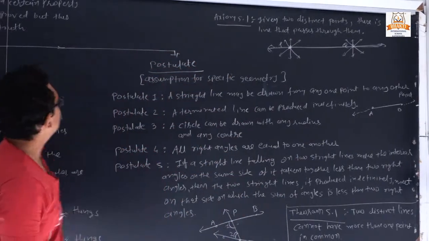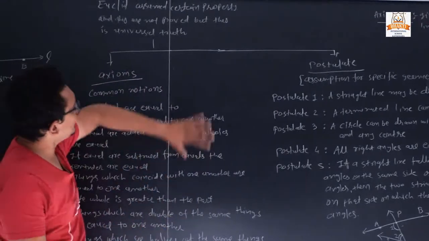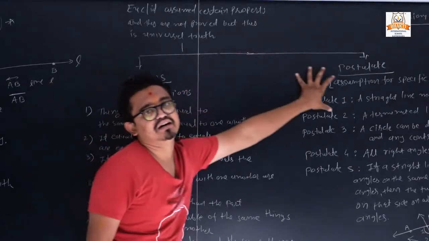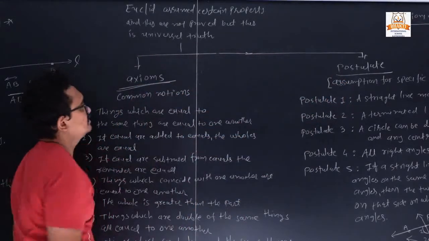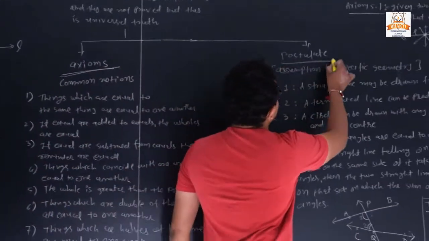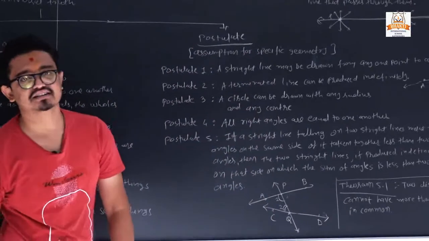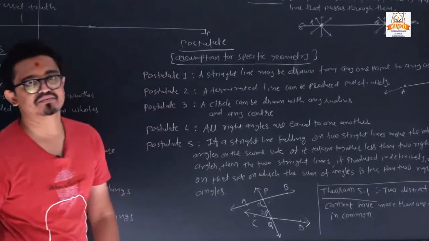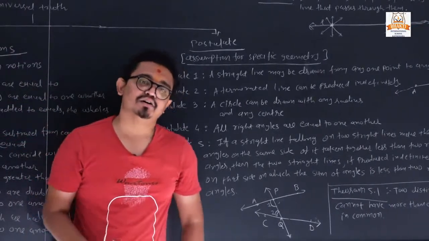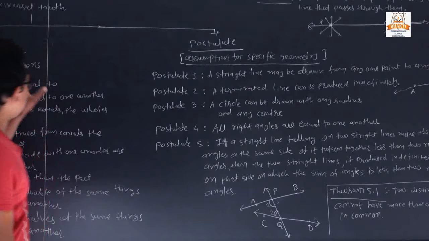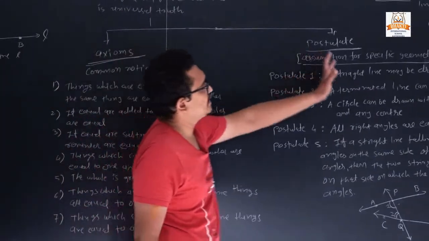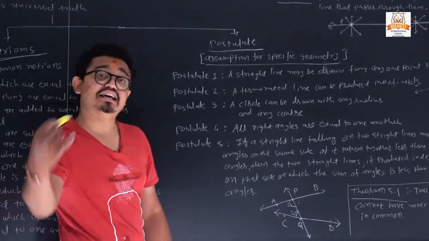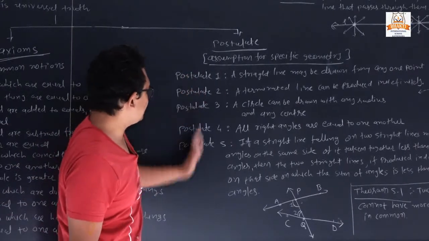5.1. Now second part, Euclid divided those certain things or assumptions into two different parts. We can already see the axioms. Now we can see postulates. So what is a postulate? Postulate means an assumption for a specific geometry. Clear? The axioms are not applicable only for a geometry, and this part is applicable for a specific geometry. So this is the assumption for a geometry. So what are the assumptions? Suppose they are giving the 5 postulates.